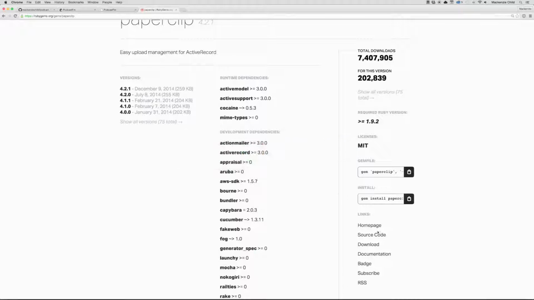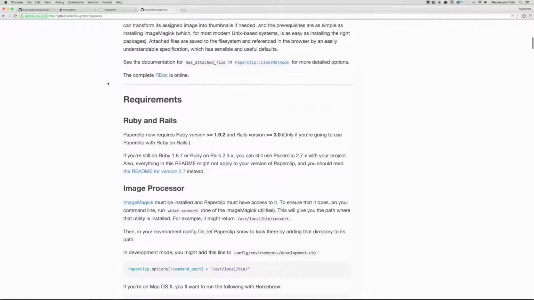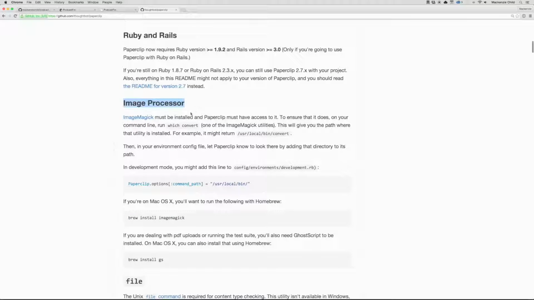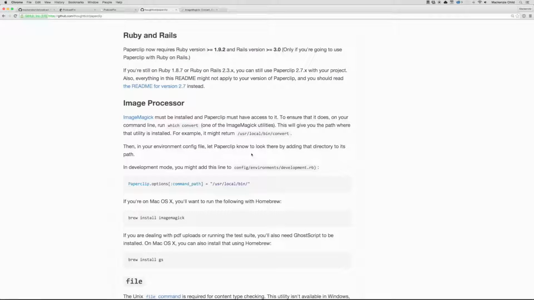So now if we go to the documentation, click on the home page and it'll take you to the GitHub documentation. Let's go down to, first off, image processor. So ImageMagick must be installed for Paperclip to work correctly. If you click on the ImageMagick link, you can read more about ImageMagick. So for those on a Mac,